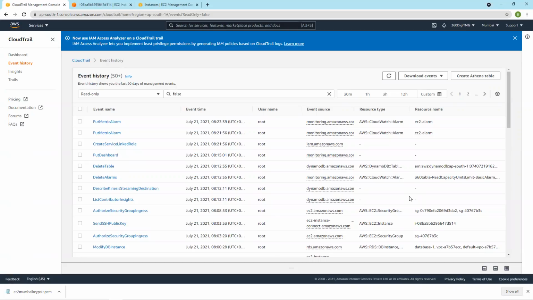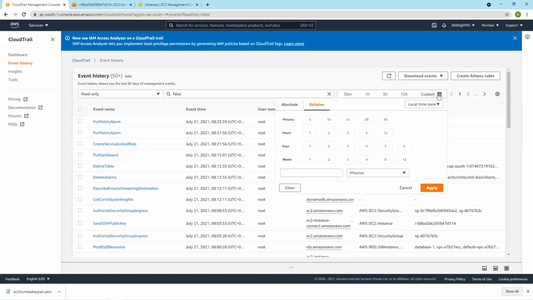If you want to store these logs for auditing purpose, maybe once in 6 months or once in a year, your company does auditing, they need all the logs, how this AWS is getting utilized, and to analyze the costs, performance, everything. They will do auditing say once in 6 months, and you need 6 months of logs. And this event history will be available for only 14 days, I think. Max is 14 days. However, you can customize it up to 12 weeks.